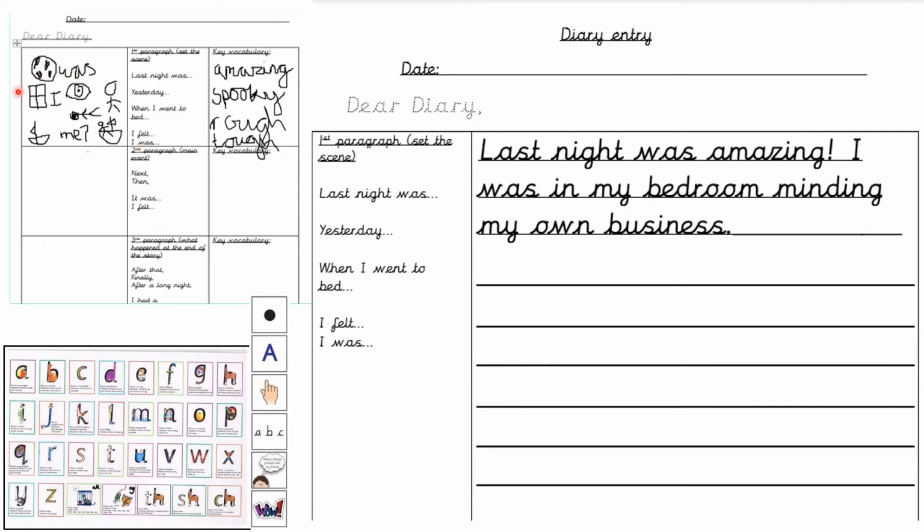Next, I'm going to move on to this part of my plan. So I have got a window because Tom was looking out of his window. So I'm going to say then, with a capital letter, start my sentence. And remember, we're writing in chronological order. So words like then, next, finally, help the reader know when things happen. So then. Then I saw